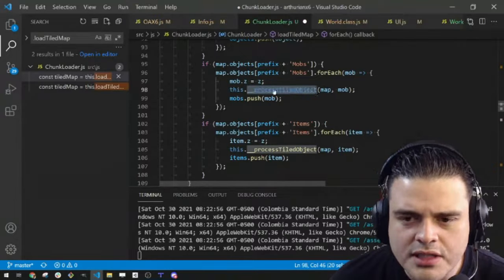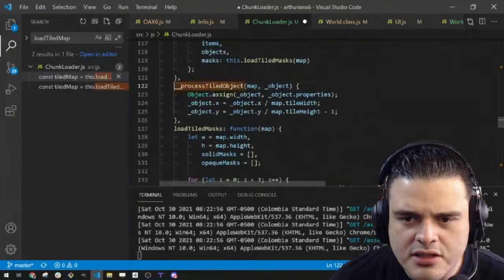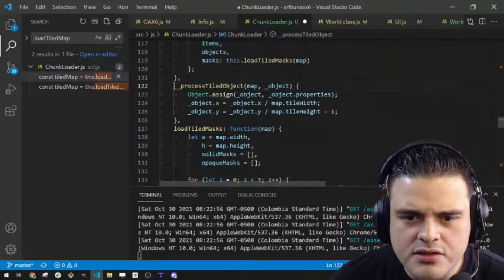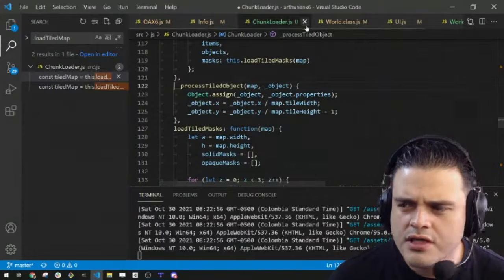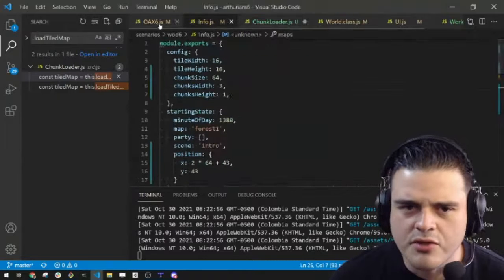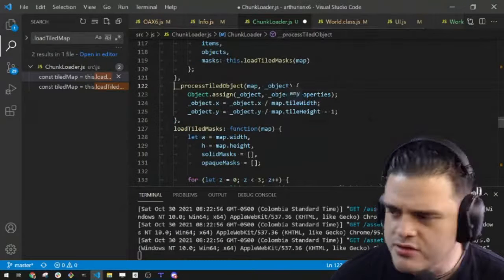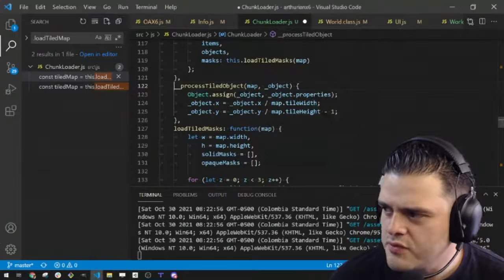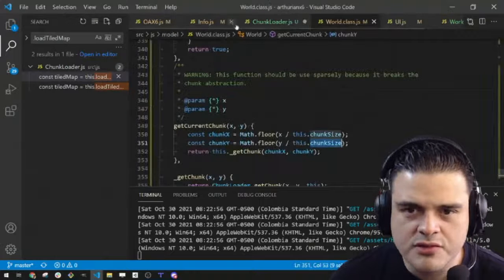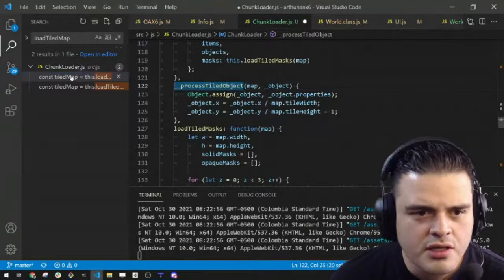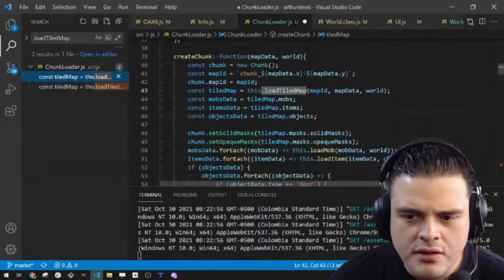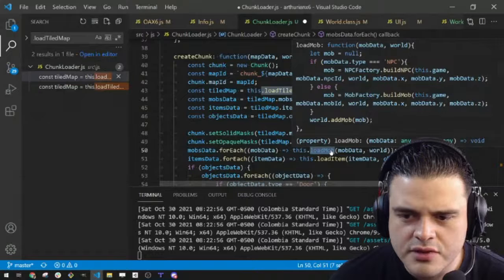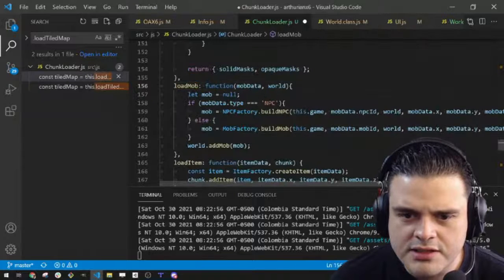Oh, so probably inside here, process tiled object. It just creates an object. Okay, so this one doesn't actually create the mobs. This just returns an object we can use to create the mobs. So in here, load mob, this is where we gotta set the position